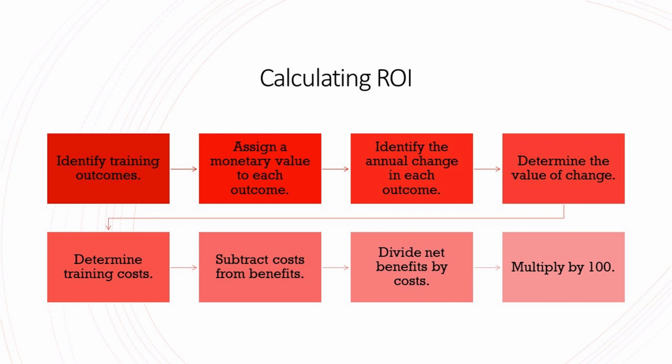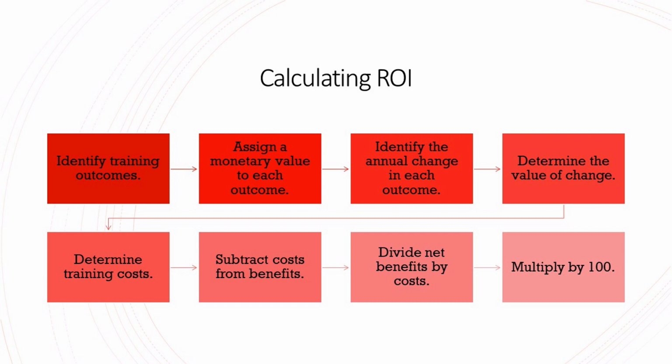How many fewer accidents were reported this year compared to last year, and how much did this reduction save the organization? Next, we determine the costs of training, including the costs of program design, facilities, travel, lodging, and even lost